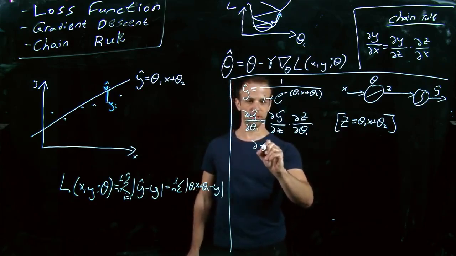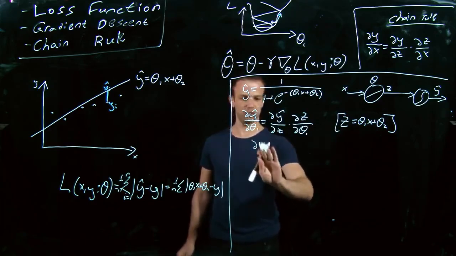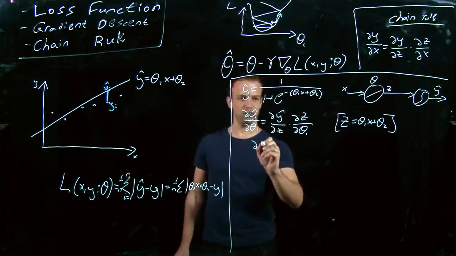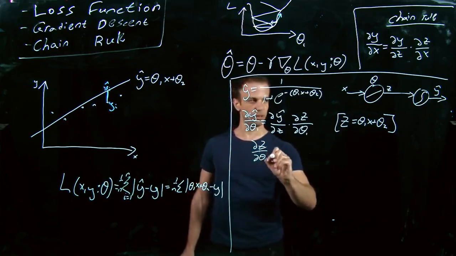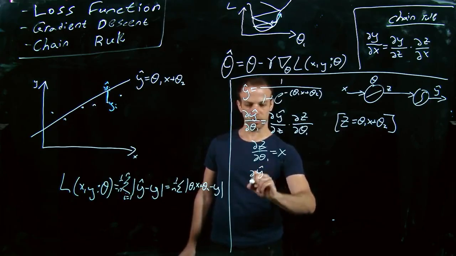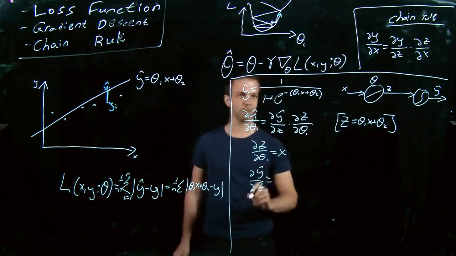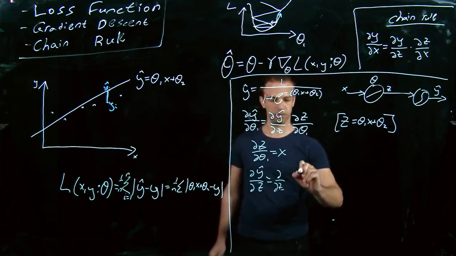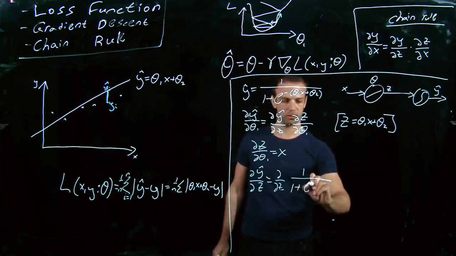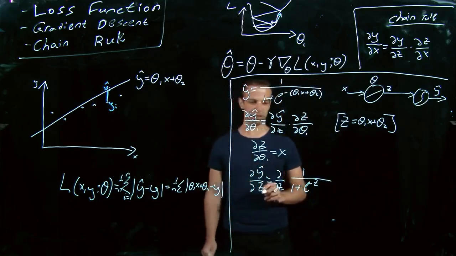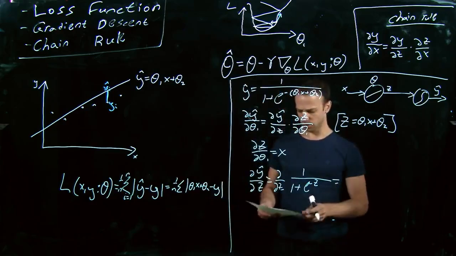Now obviously, let's first do the dz. Let's start with a very simple one. dz to d theta 1, which will be only x. And now I need to compute dy to dz. Okay, so what I want to compute now is this guy. And this is, as I said, a sigmoid function, and you can compute it yourself,